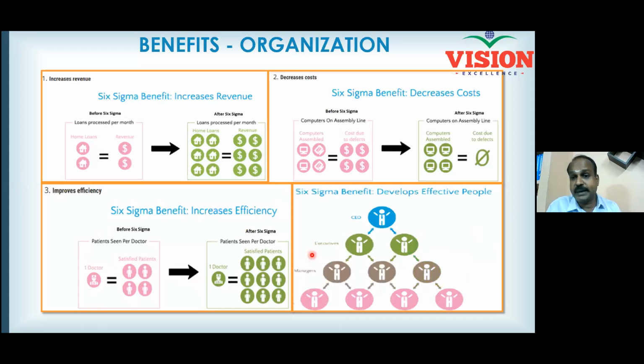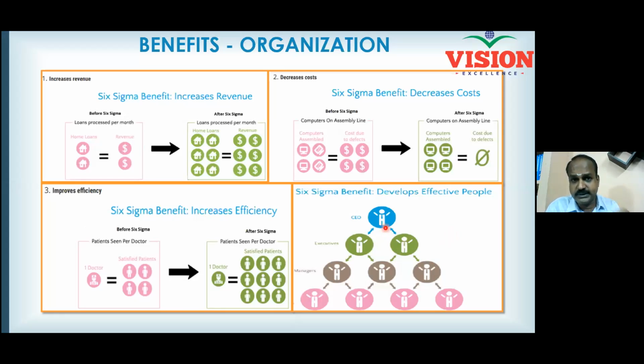And now by practicing the Lean Six Sigma principles, tools and techniques, you are really empowering your people to become very effective. The moment you become an effective person, please understand you have become a leader in the organization. Now you can manage a big team because you know how to take decisions. You know how to solve problems, which are very, very important, essential skills for a leader. You also know how to impact the business results, right?